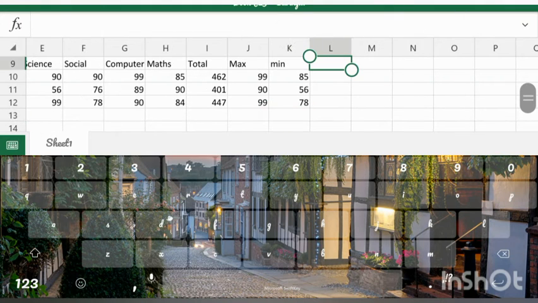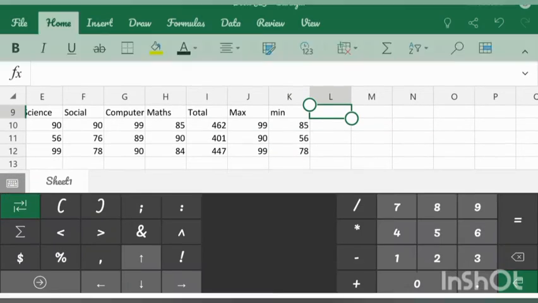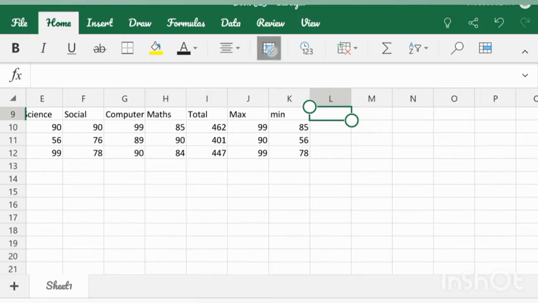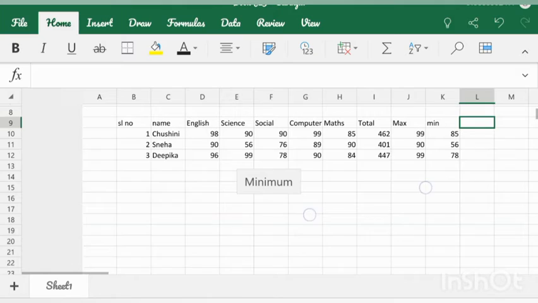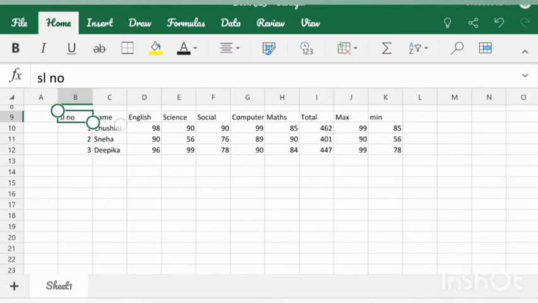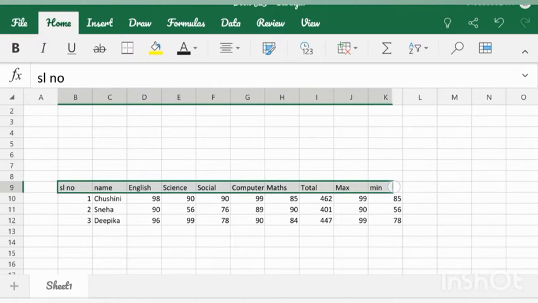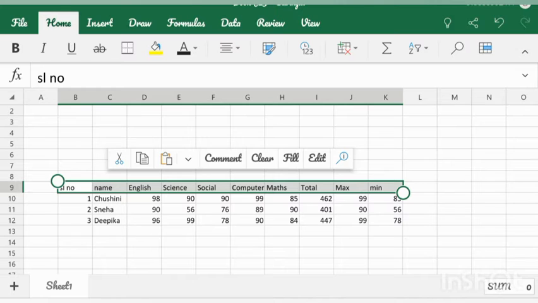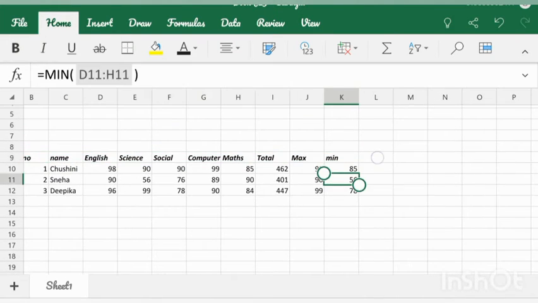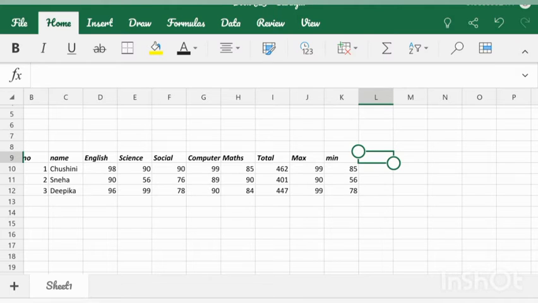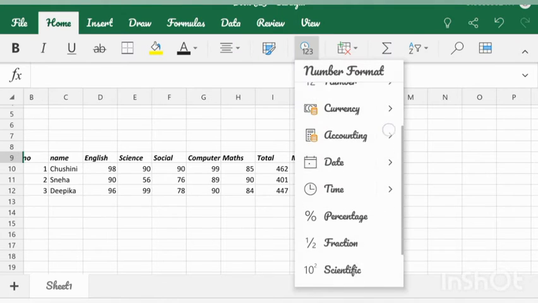So now we are going to do the percentage. One minute, I'll show you. If you want to make it clear, with some design and all, like bold letters, first I'll show you how to do it. Make sure you do it like this, and now bold letters with an italic look. I hope you will remember this. So next here I'll be giving the percentage.